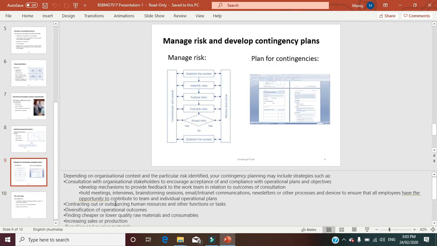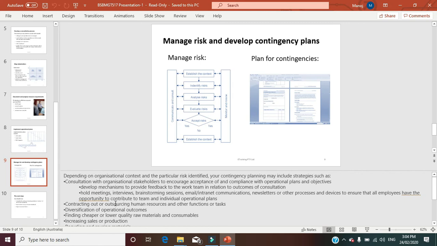Okay, we are coming back to manage risk and develop contingency plan, manage risk and plan for contingencies. Depending on organization context and the particular risk identified, your contingency planning may include strategies such as consultation with organization stakeholders to encourage acceptance of and compliance with operational plan and objectives, develop mechanism to provide feedback to the work